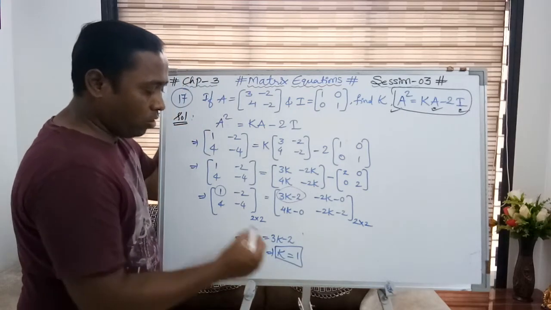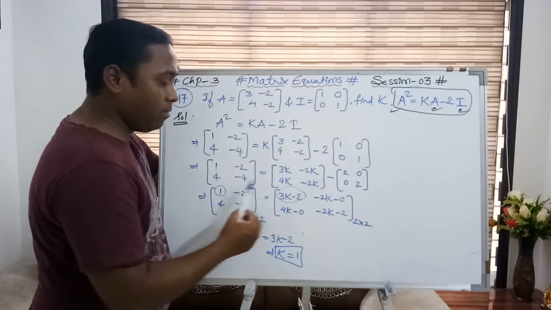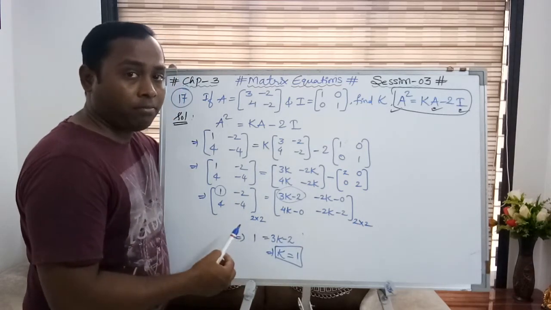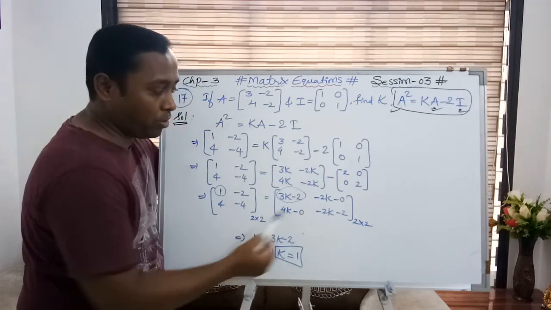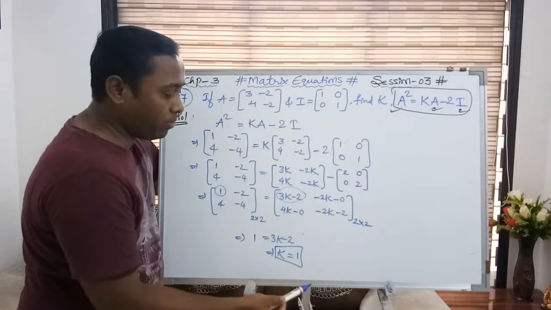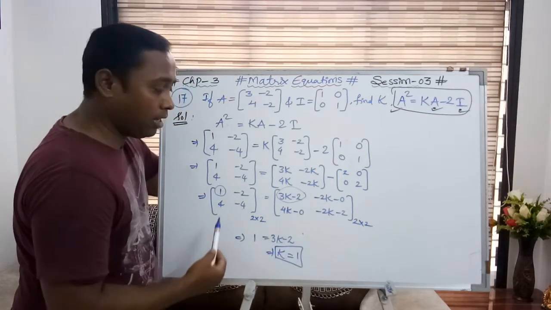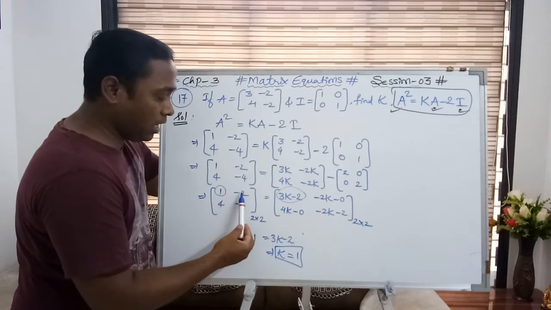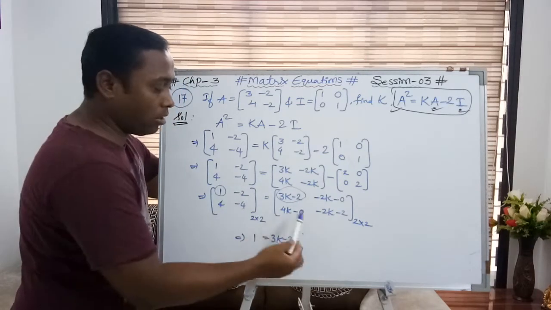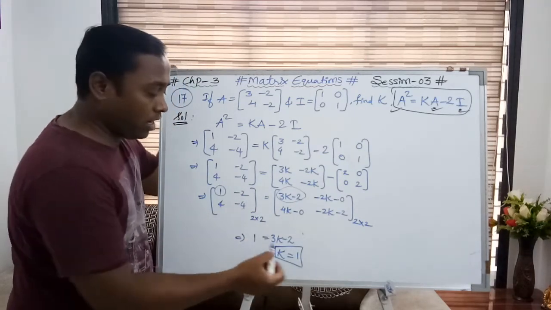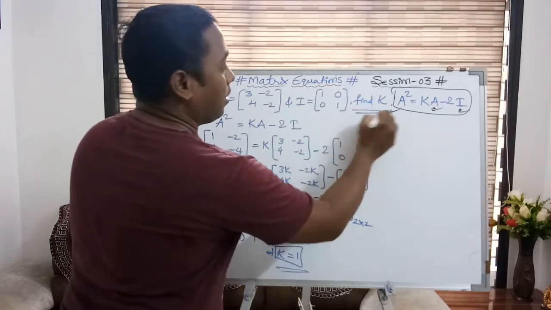So ultimately K will be 1. Okay, so I got K as 1. If you have a doubt, sir, if we compare the second element with the second element, is it the same? Definitely. Let's see. Minus 2 is equal to minus 2, because 0 has no sense here. So K will be 1. Even here also you can compare. K will be 1. It doesn't matter which corresponding element you take, in the second position or third or fourth. It doesn't make any difference. K would be 1. So your answer is solved.